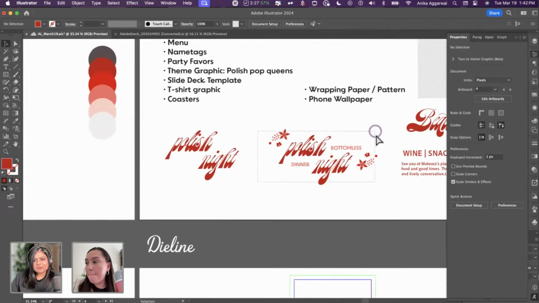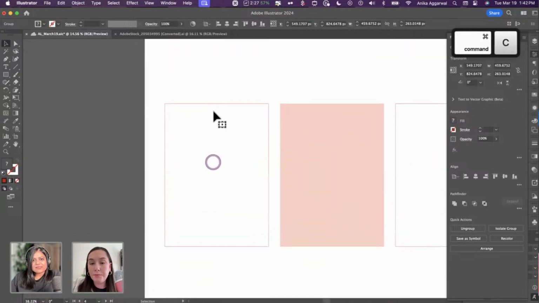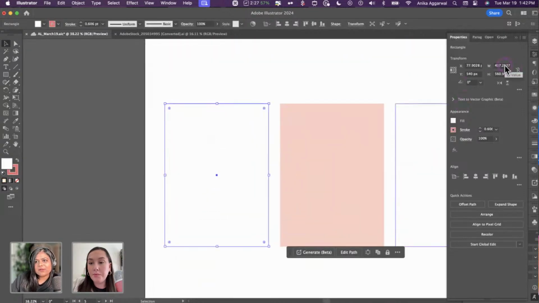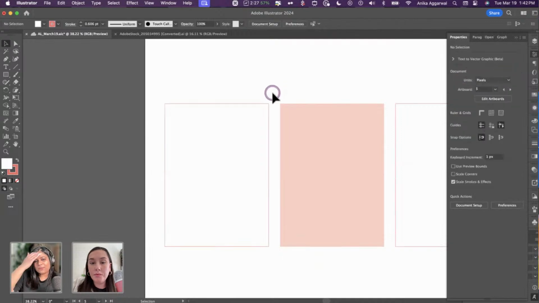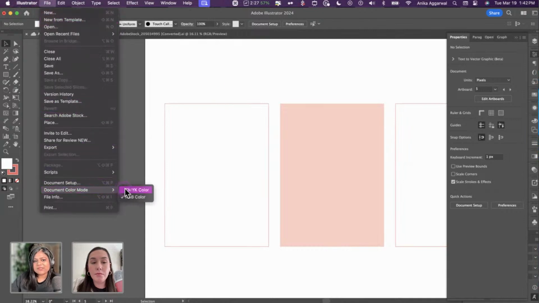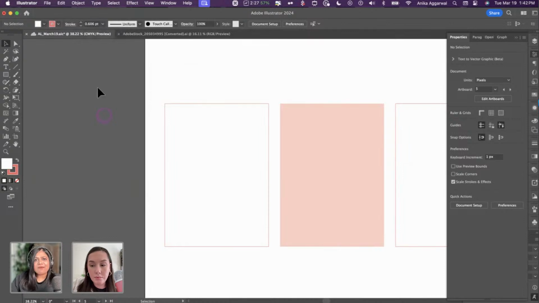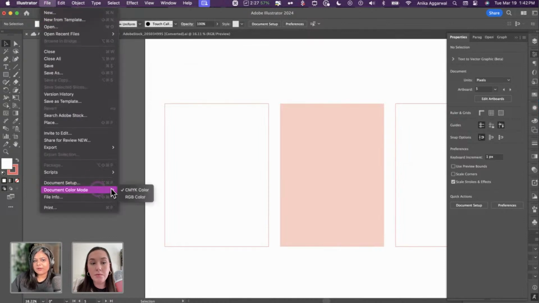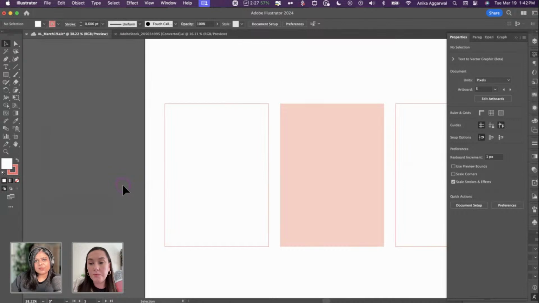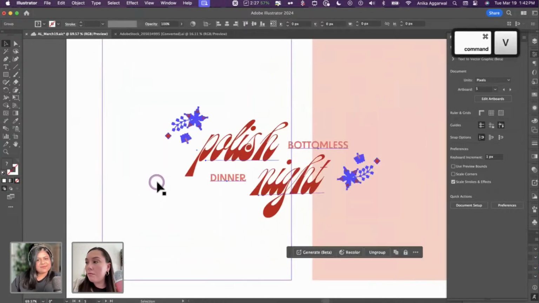But let's dive into it. Let's bring this up here. I did make these sizes. Now this is all in pixels, but you would have to see what page size you're using. I essentially tried to do it with an 8.5 by 11. Now this is an RGB file because today we're only showing digital formats, but we can change the color mode to CMYK. You don't necessarily have to change it to CMYK if you're using an RGB printer. So for today, we're just going to make it an RGB. If we have time, I'm going to show you how to export it for print, and then we'll see how it all works. Make sense?